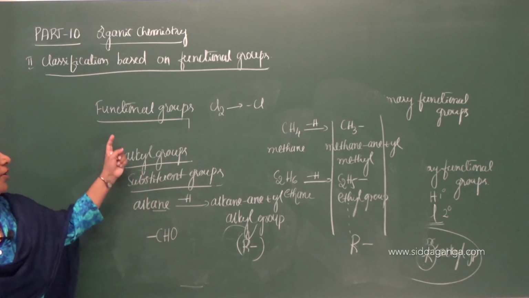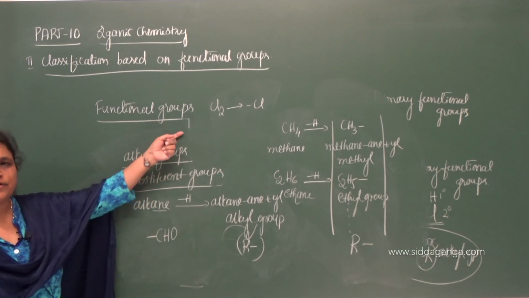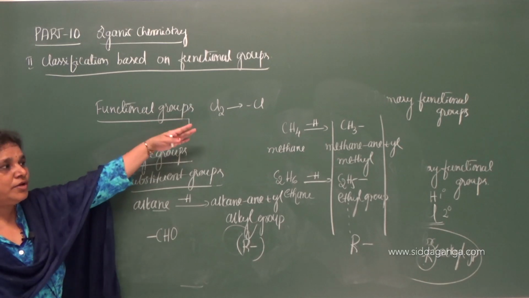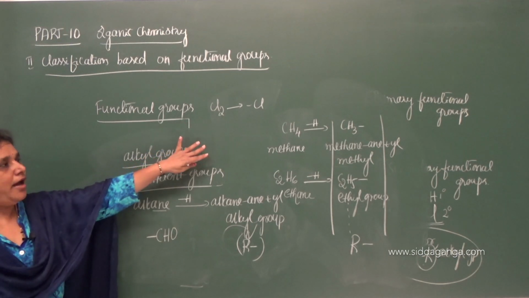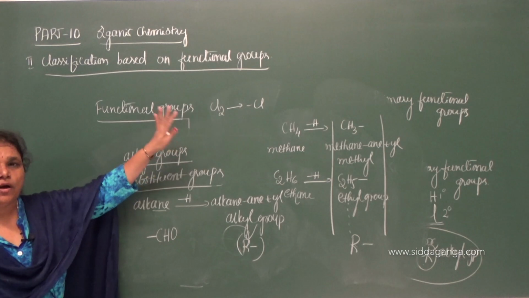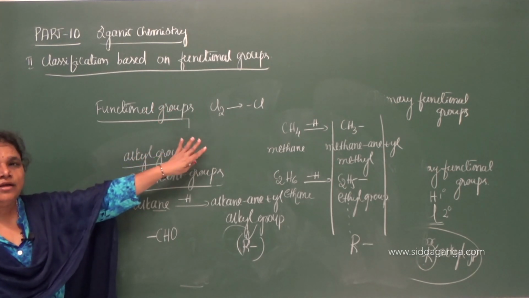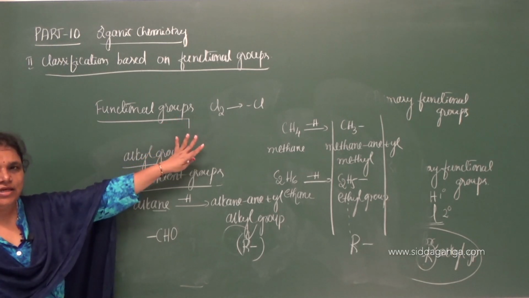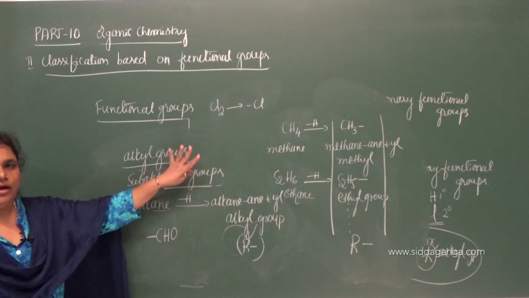Now you know what we mean by functional groups, and what the classifications of functional groups are. We classify the functional groups into primary and secondary, and to indicate the functional groups, we always put a hyphen. The hyphen indicates the vacant valency of that group. So this is about the functional groups.